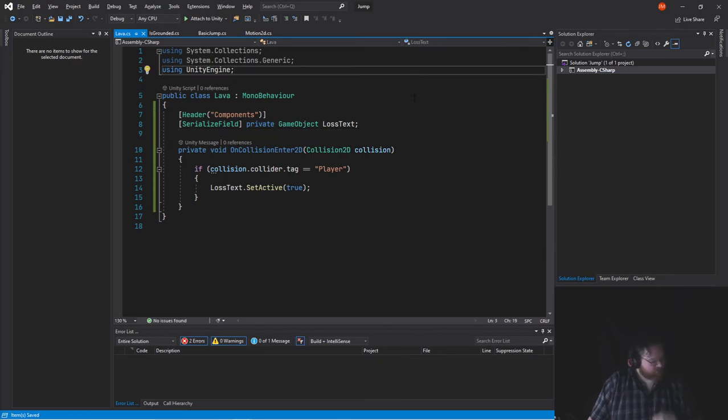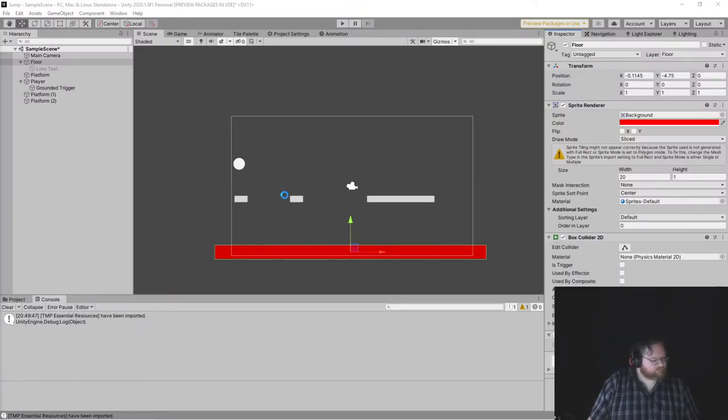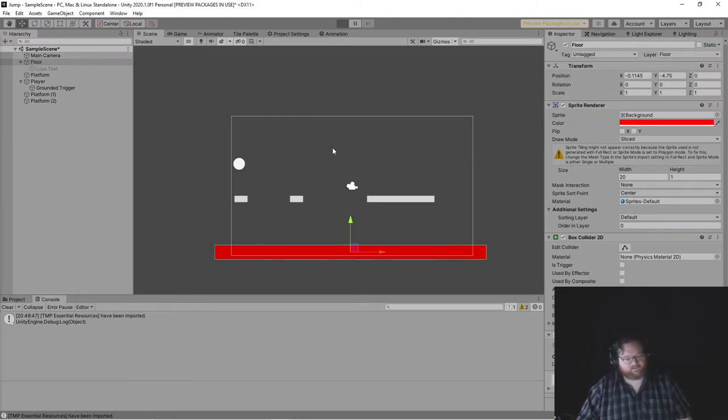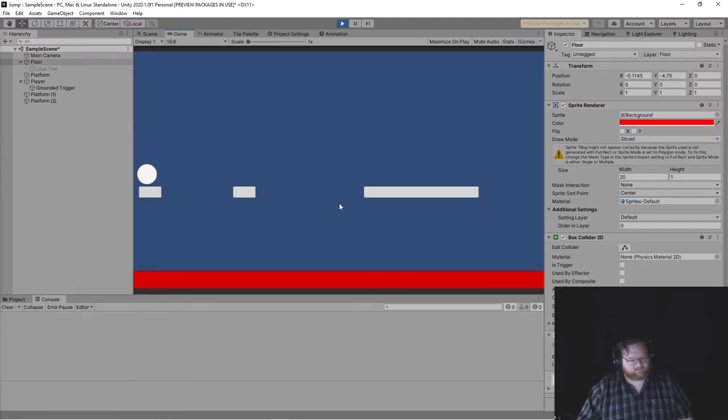So, not actually going to do any sort of lose condition. All we're doing is just popping up our little thing showing us that we lost. So, when we hit play, we should land nicely on here. If I touch the red,